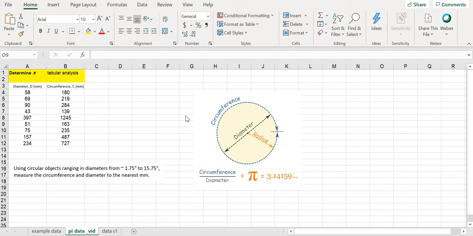Here is an analysis of data involving the measurements of circumference and the diameter of round objects to determine pi experimentally. So here's a collection of data where, using circular objects that range in diameters from about 1 3/4 of an inch to about 15 3/4 of an inch, you measure the circumference and diameter to the nearest millimeter with